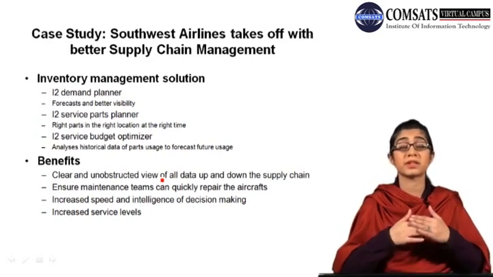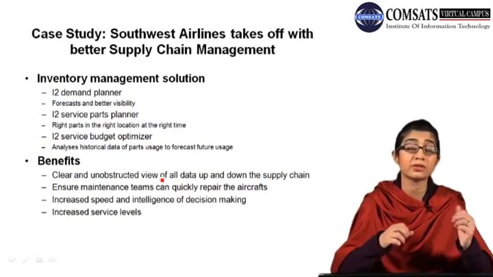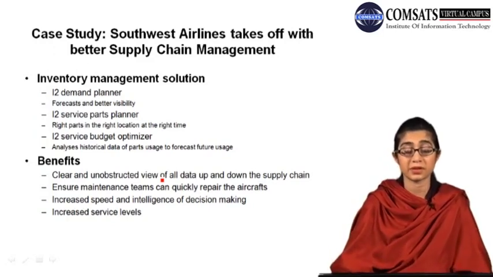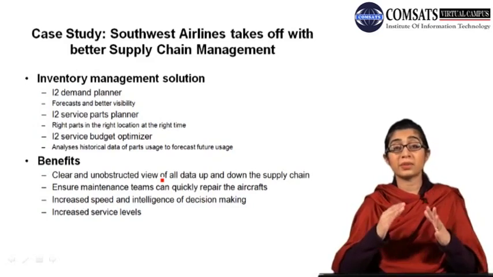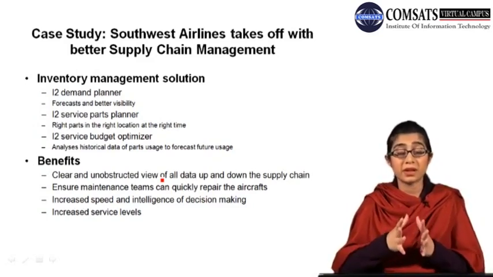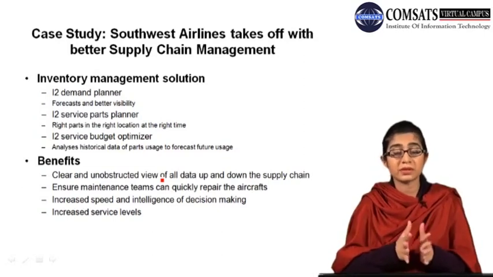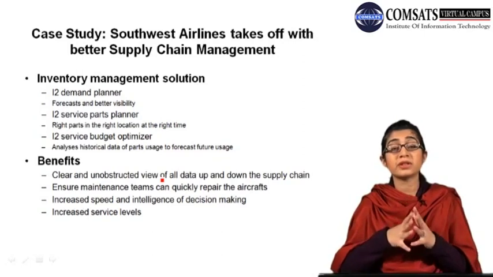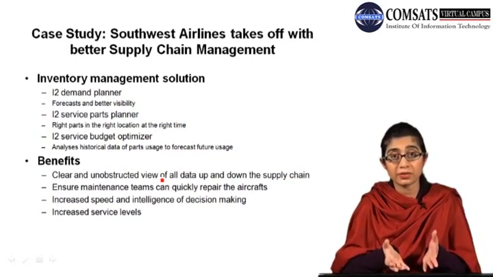Again, because the information was readily available to the managers, the managers could do intelligent decision making. So the service level was basically increased from 92% to 95%, which was originally 92% and then the service level increased to above 95%. So that means they basically implemented the supply chain management system to solve their parts inventory problems as well as the problem of information non-visibility, that they could not see the right kind of information.